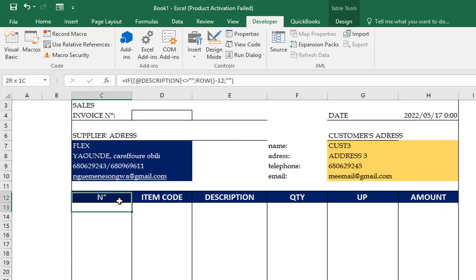So for each element here, I'm going to check if something appears here. So if there's anything here, I would like to, for example, carry information from this table, from this invoice, to the sales track. So if I come back here and I say